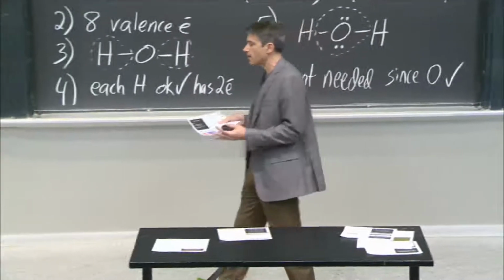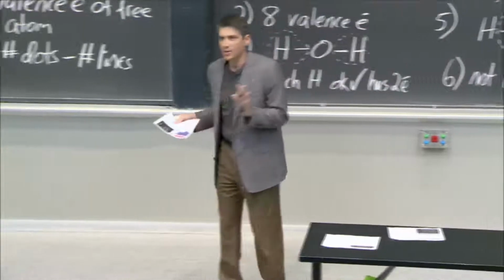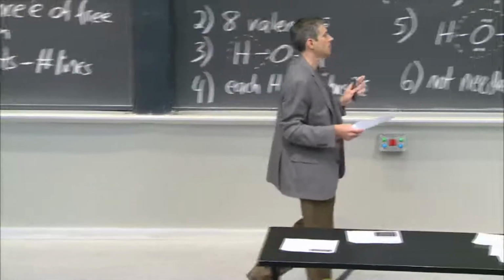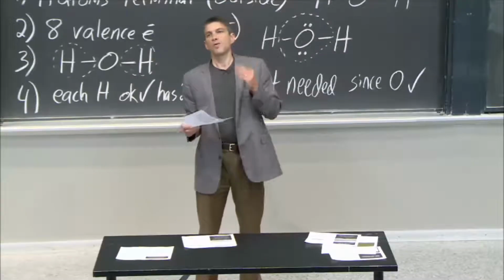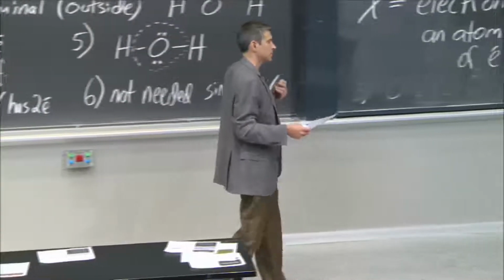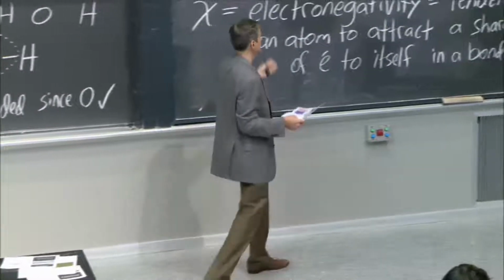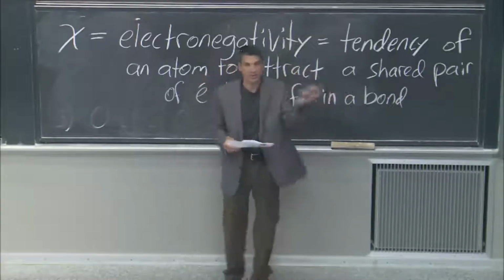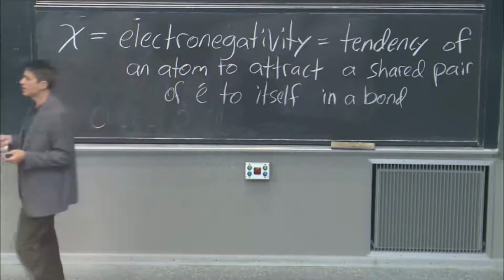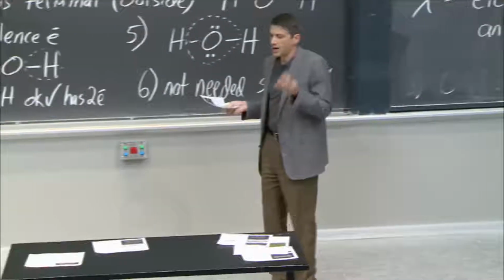But it was Pauling who said, no, I want to go further than that. I want to write down, even if it's empirical, some way, some number. I want to quantify this. And so he came up with a scale for electronegativity. The term and concept of electronegativity goes back long before Pauling to, I think, Berzelius. But Pauling is the one who said, I want to quantify this.